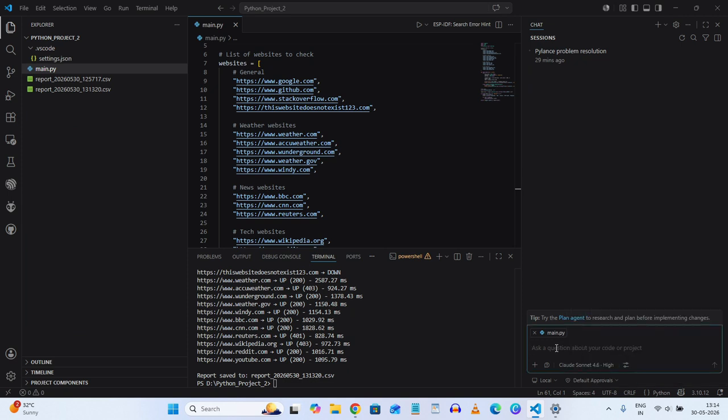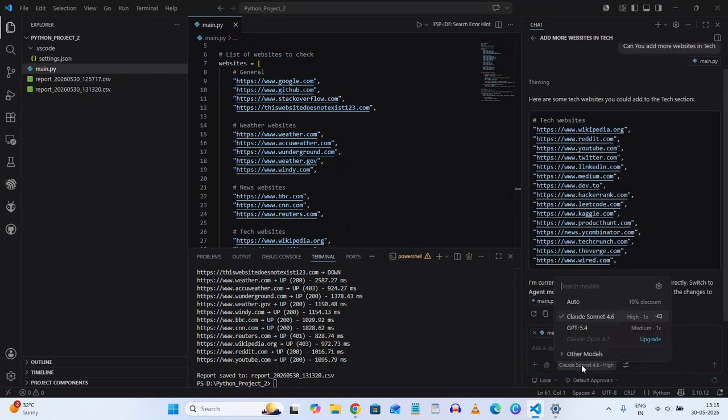Let's say I add some things to this code, and our premium request count will increment. Currently it is 6. So let's say I ask it, can you add more websites in tech. Here we go. It's a simple thing I queried, and I don't think it will take much time. We have selected Claude Sonnet